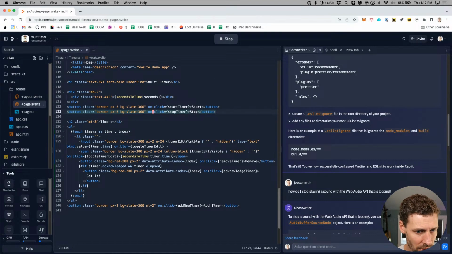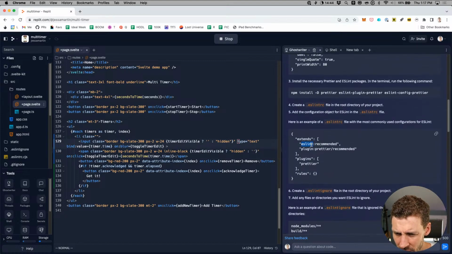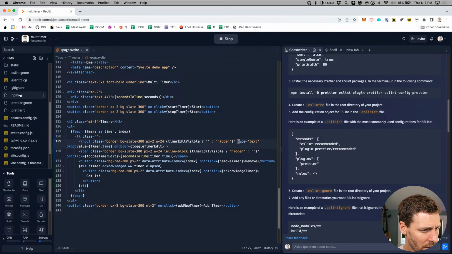So if I come in here and just hit save, am I missing anything? ESLint recommended. Let's see what the ESLint RC says here.